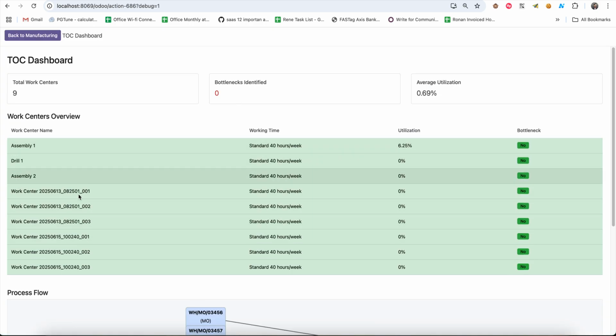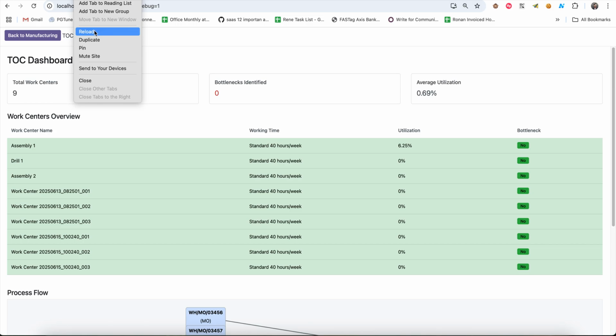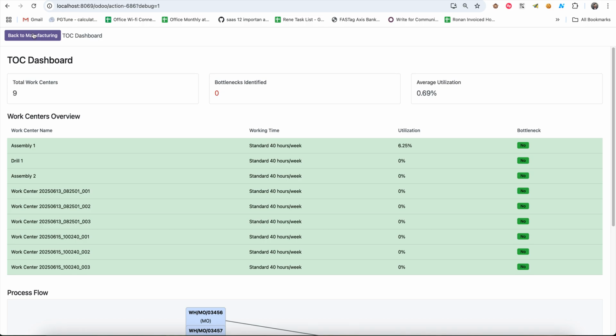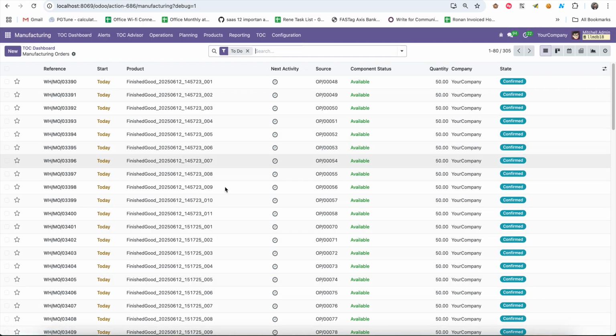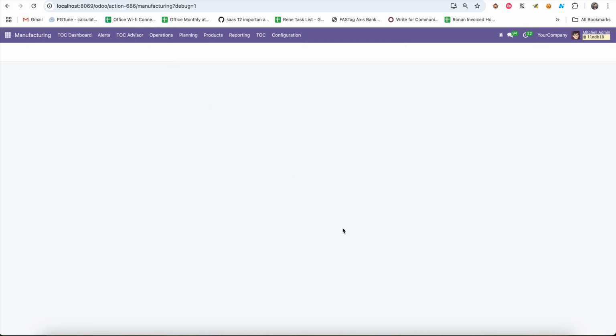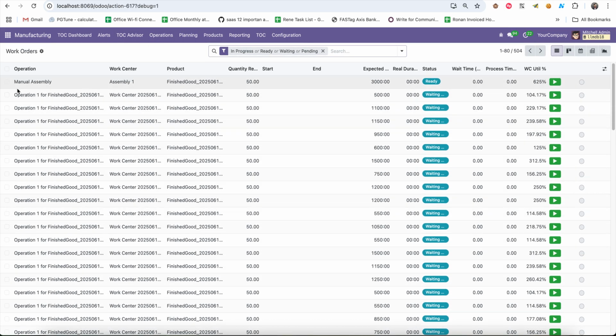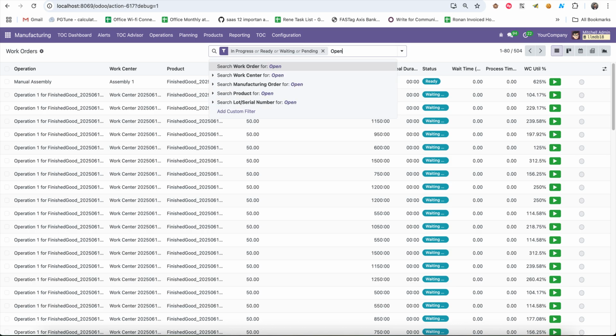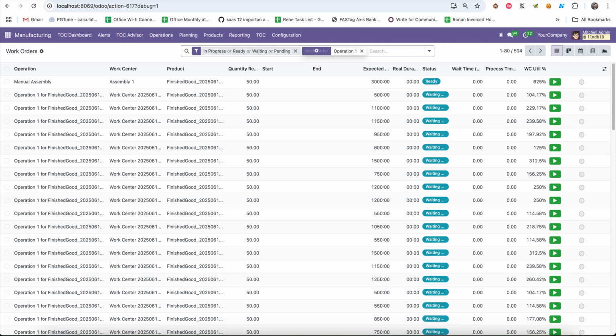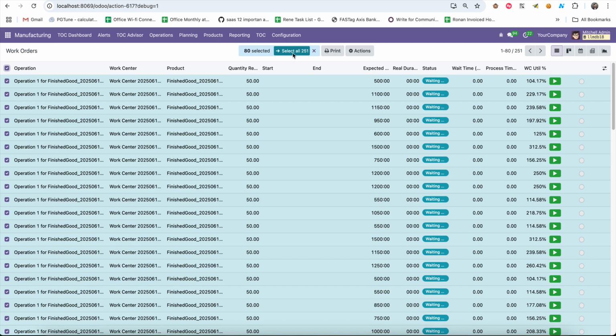And I can see that my workload shows me 0 for everything, but if I start this process in a concurrent way, you are going to see the reflection on the dashboard automatically. So I can go to work order cycle, and I can choose operation 1. Let's say operation 1, I just filter it out, and